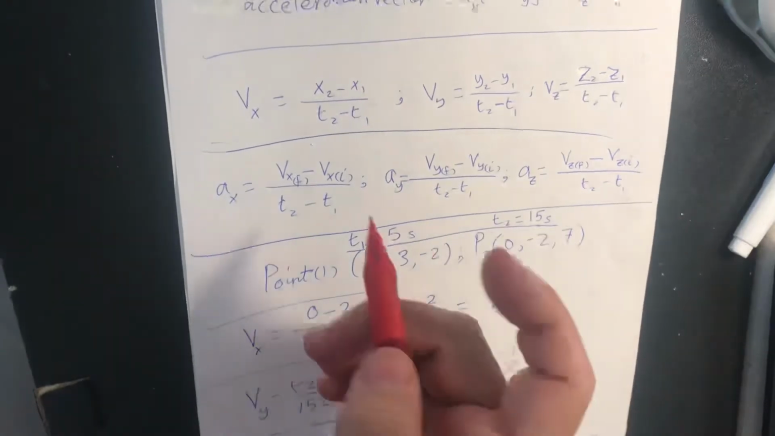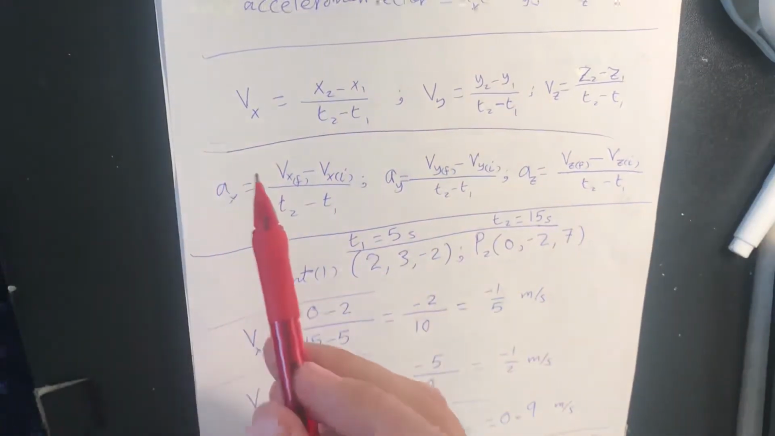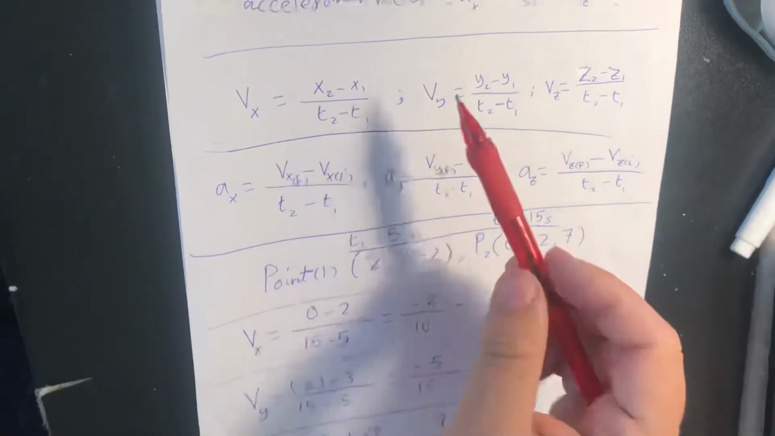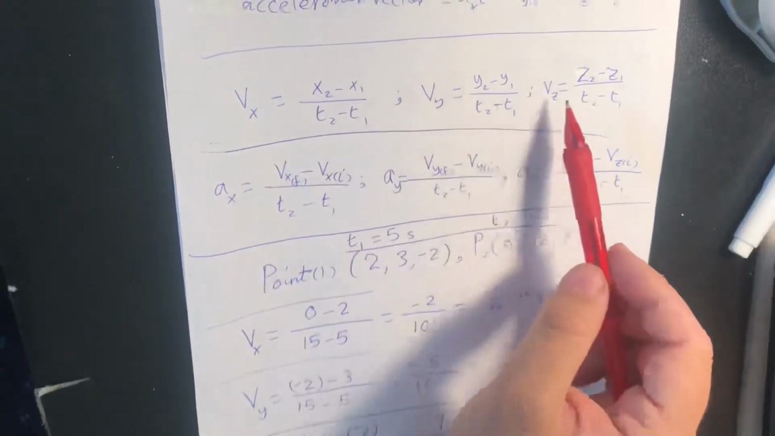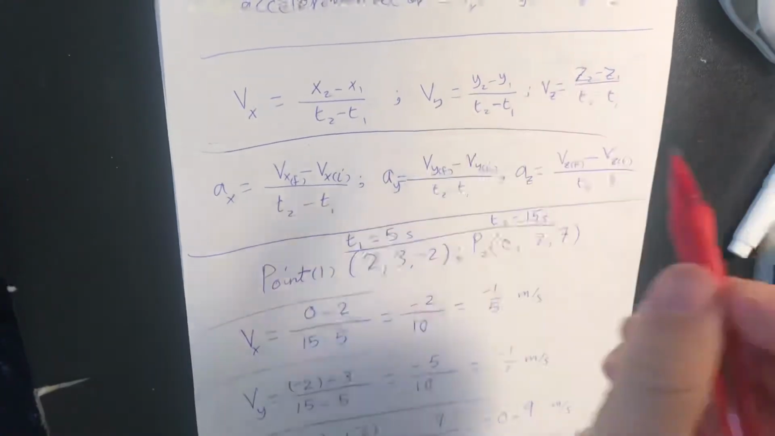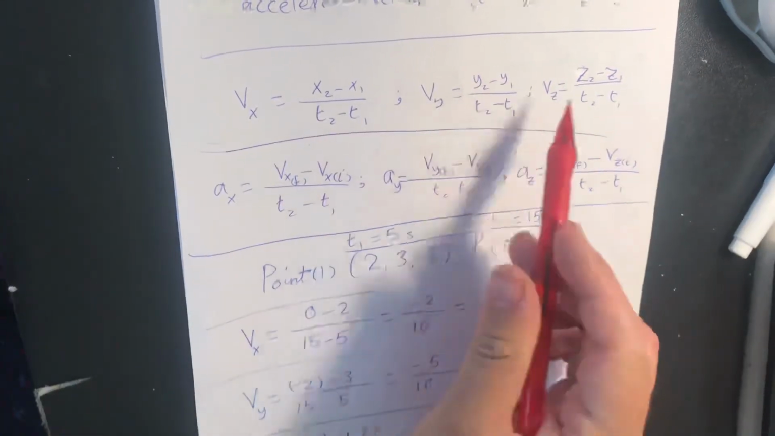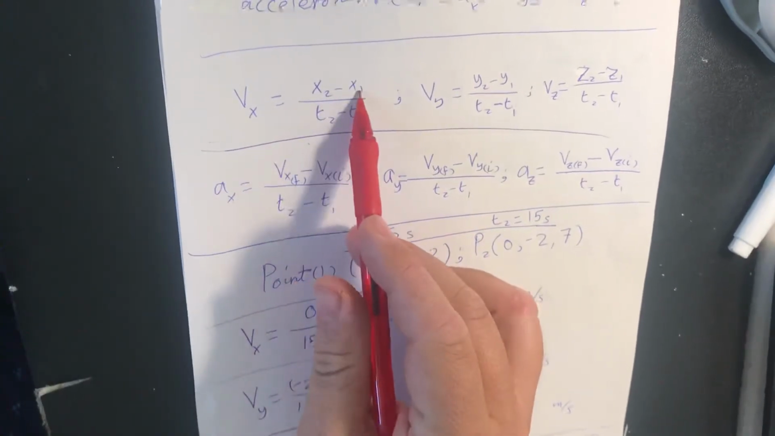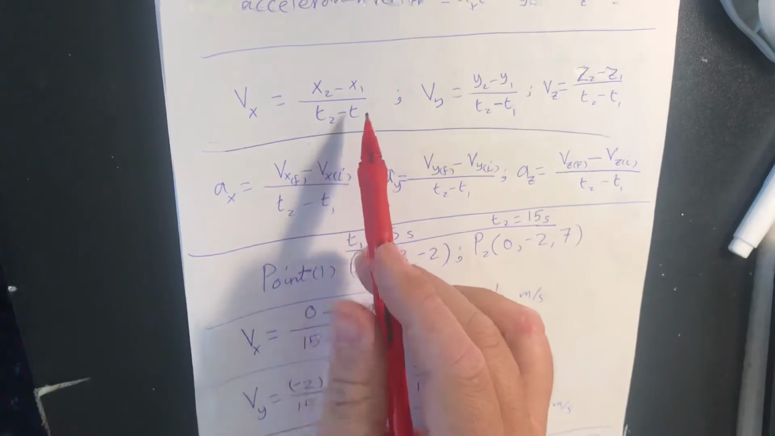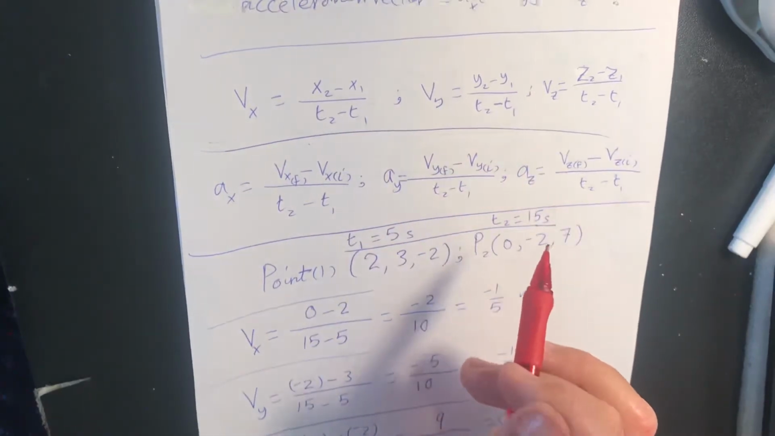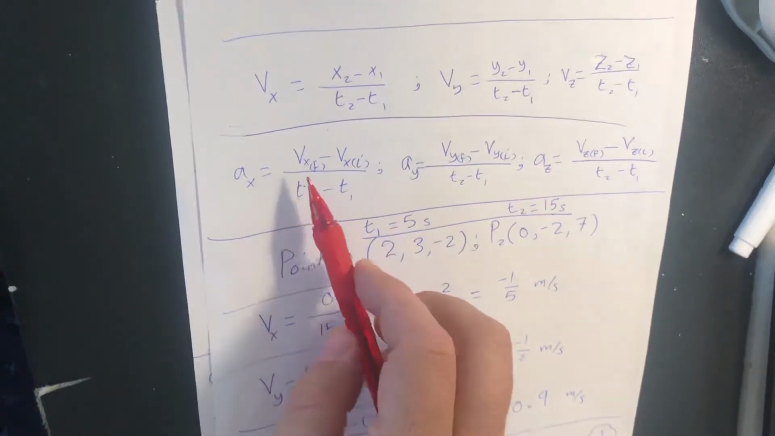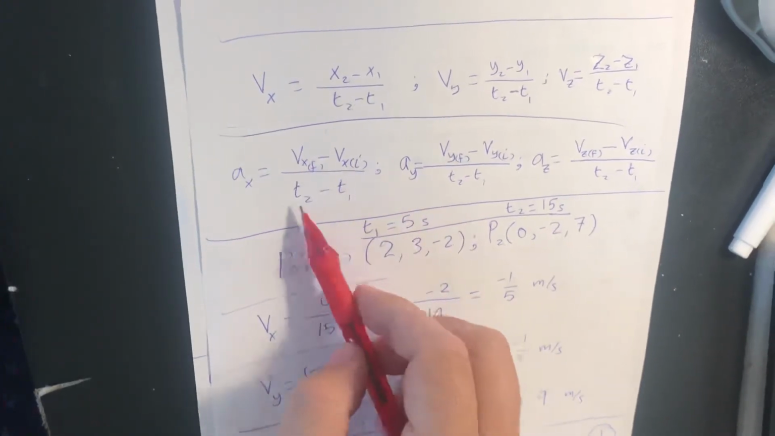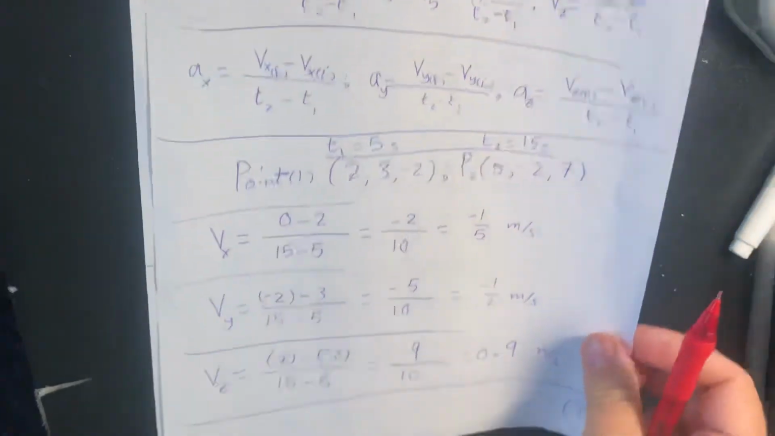Simply, the velocity in general, the average velocity, is the change in position over the change in time. In each direction, Vx, Vy, and Vz are the change in each direction. For example, Vx is x2 minus x1 over t2 minus t1, and the same for the others. The acceleration is the change in velocity in each direction over the change in time. For example,